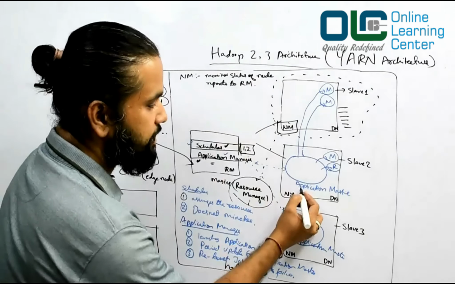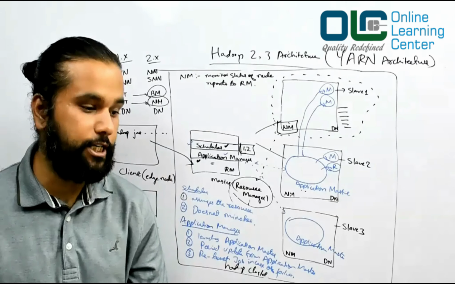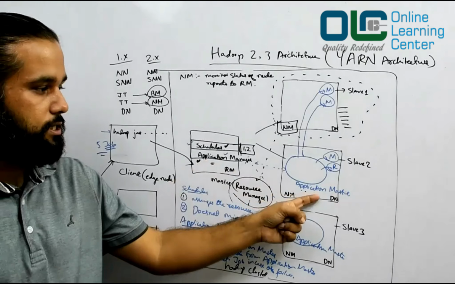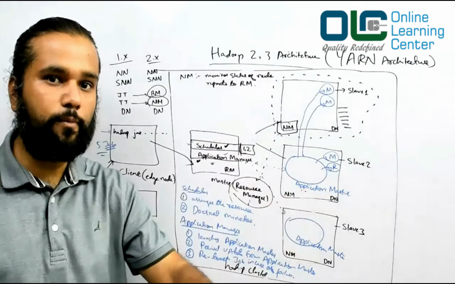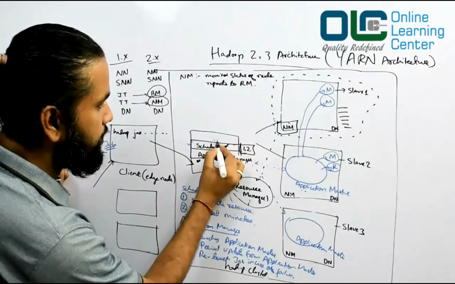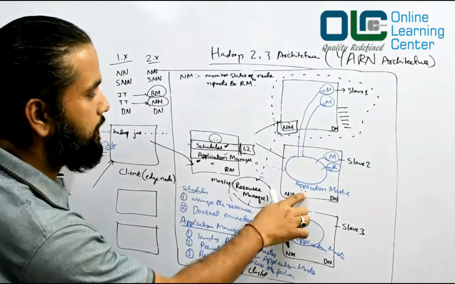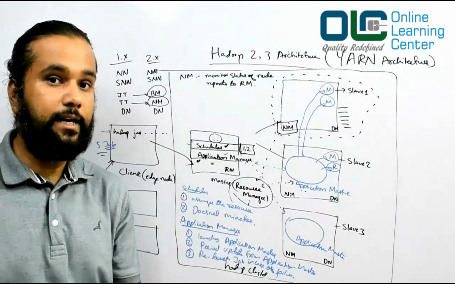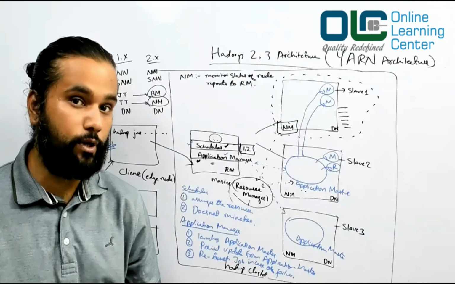Now we will talk about application master. So if you see, this application master is basically, as I said, one per application. As we know, the application manager launches this application master, and when it launches the application master, its job is to run the whole job. But then it knows that the scheduler has actually negotiated the resource. So what does it do? This application master in turn talks to the resource manager and says, hey, your scheduler has arranged some resources for me to run the job. Tell me what are those resources? Where do you want me to run that job?